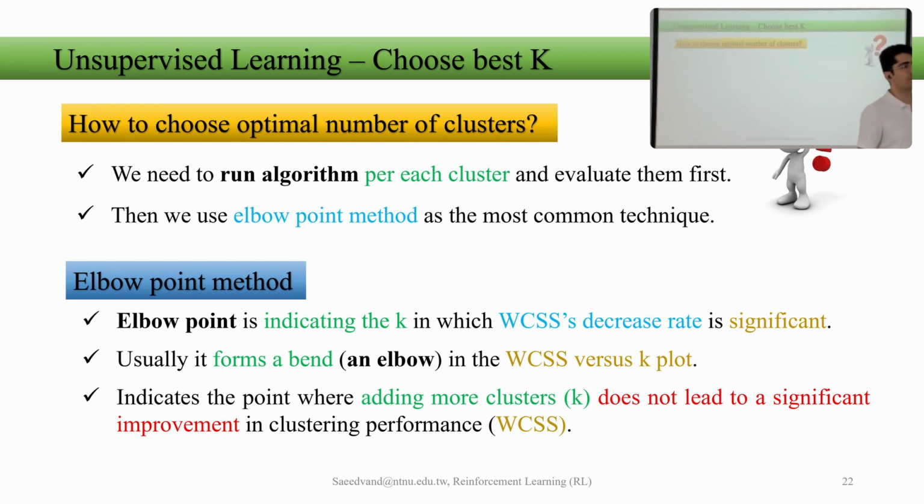They say, okay, we should have a standard way to do this, and that is a standard way that is simple, efficient, and good. What is that? Of course, we can run it, so we need to run the algorithm for each cluster, but we can use the elbow point method. There is a technique called the elbow point method that says, okay, now let's run one of the metrics, but detect the elbow point and use that to determine the best K.